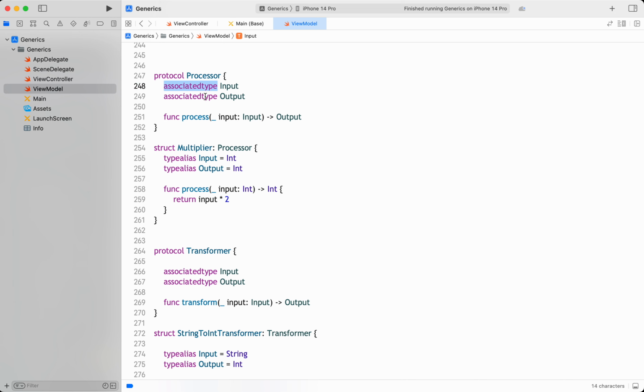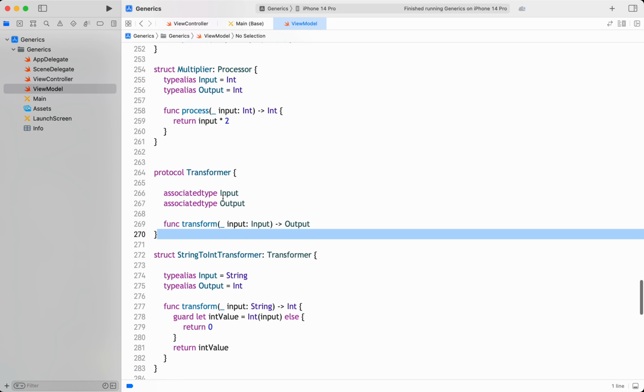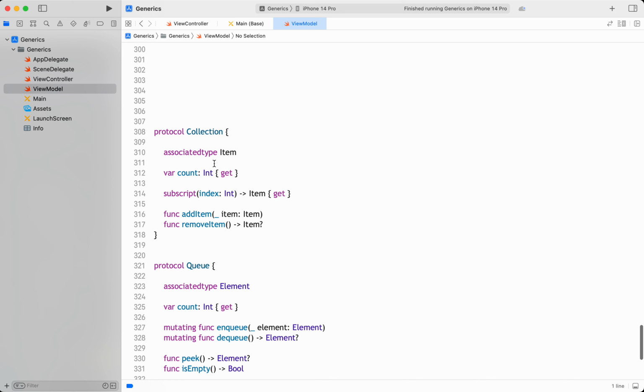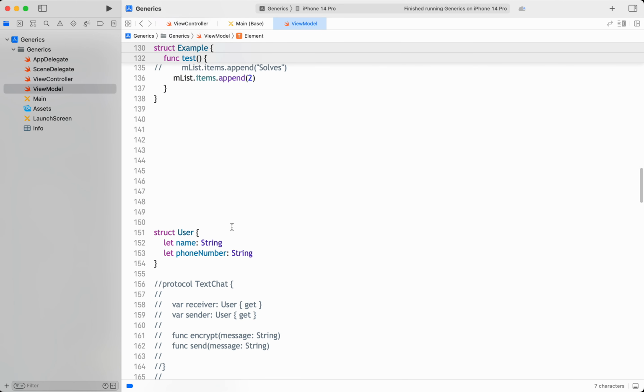But as you can see, we can have any number of processes like this. I can have additions, I can have string concatenation, anything. See, this is the power of generics. Like a transformer, if you are transforming something, for example string to int, int to string, string to double, double to int, anything, the associated types are input and output. So like this we can have generic protocols. For a collection, the associated type is item; if it is a queue, the associated type is element. So basically that's the power of generics, where it can remove the redundancy and make the code